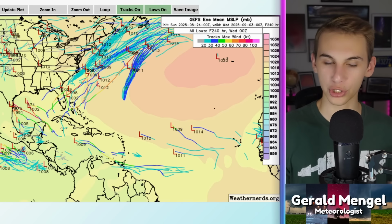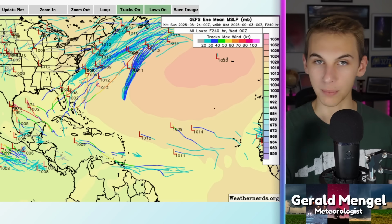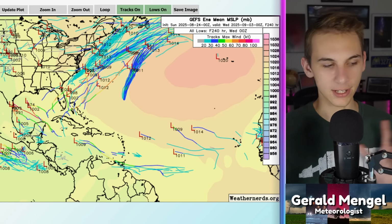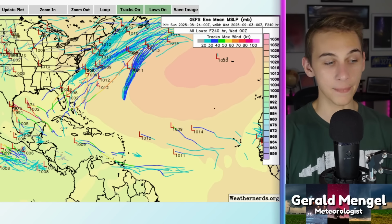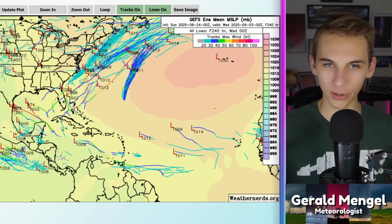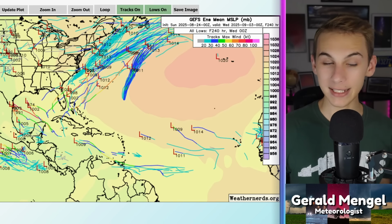And I'm not so convinced that this hasn't already been an actual storm at times, maybe just bouncing back and forth as a weak tropical storm or an open wave as its center of circulation struggles to fully get its act together. But it's something we'll watch. Nothing to panic about, not forecasting a major hurricane landfall or anything, but something to watch